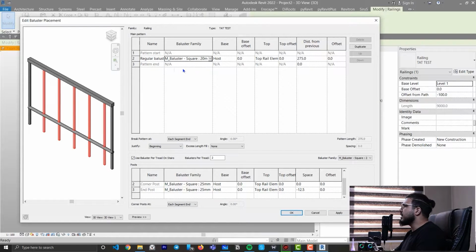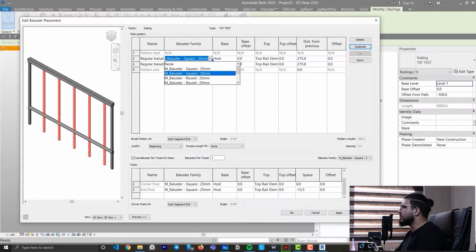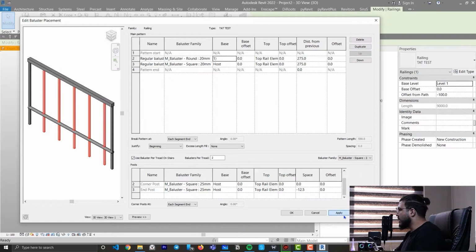For example, in here, let's click on duplicate and let's put it on something like maybe circular. We have a run in here. Let's put it on run 20 millimeter. And for the base and top, host is your level. Let's put our host on rail 1 that we've created earlier. Let's click on apply. And now you can see we have something like this,